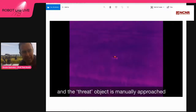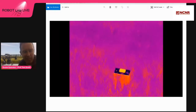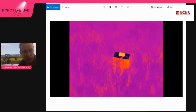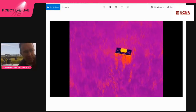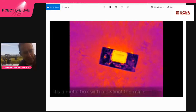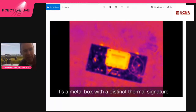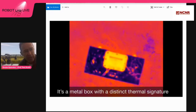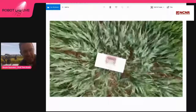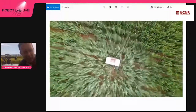And of course, what we can see here is we have an easily identifiable object which looks like a box, and indeed it is a metallic ammo box with 3 radioactive rocks inside. And so what we've managed to do is locate this object by its radiation. We've homed in on it by knowing its geolocation, and then we've, with the thermal camera, verified that it's an odd or foreign object. So we can do that with the thermal camera. We can also do it with the coincident HD camera. We can see there it's metallic, and that gives us a lot of information